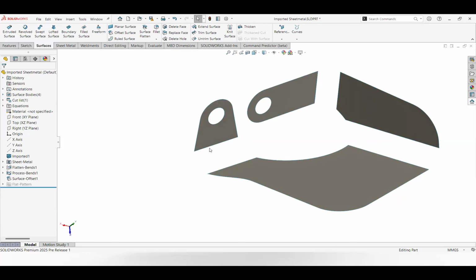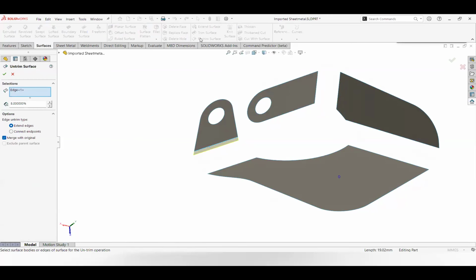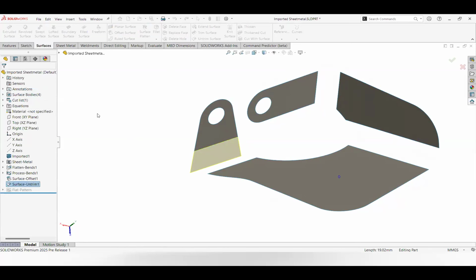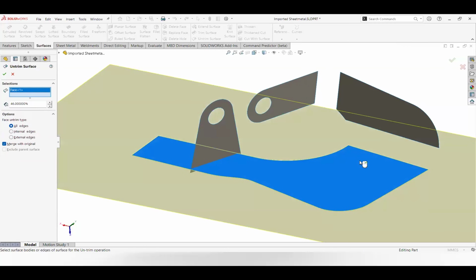All right, if I grab an edge, there's an option to untrim surfaces, which is kind of like an extension, but it continues the face. So if this was a curved surface, it would continue the curvature of the surface. In this case, since it's kind of triangular, it continues that surface direction. So I'm just going to repeat that command on all these, just hit enter. Oops, I don't need that whole thing. Yeah, if I hit the face, look how it untrims it to a big rectangle,